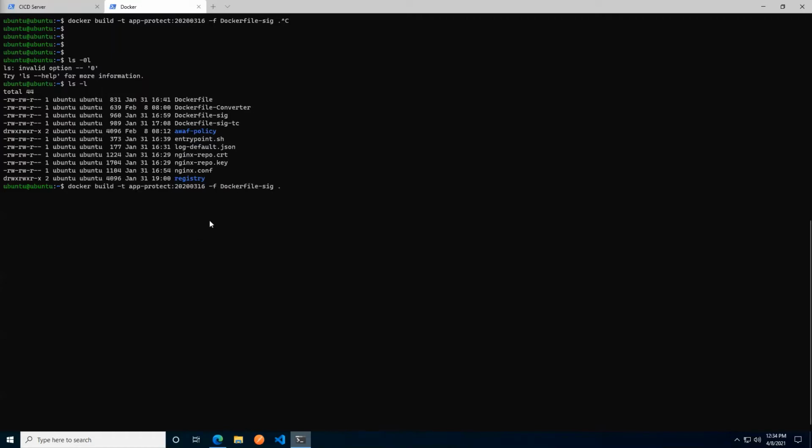This time around in the command, we are specifying a -f and we're pointing this particular build towards a Dockerfile-sig. So this file here, and that's the file we were looking at just now in the lab guide. This is the one that contains the signatures repository as well as a reference to the signatures in the installation. And you'll notice that we've changed the tag a little bit. We're still going to name it App Protect, but we're changing the tag to be 2020-03-16. That's obviously a date. It's obviously not today's date. You can change that if you want to today's date.